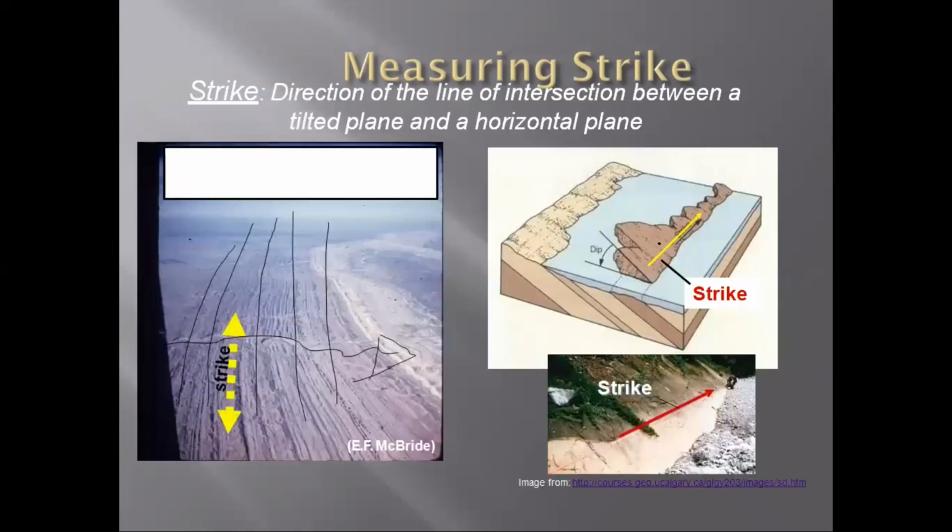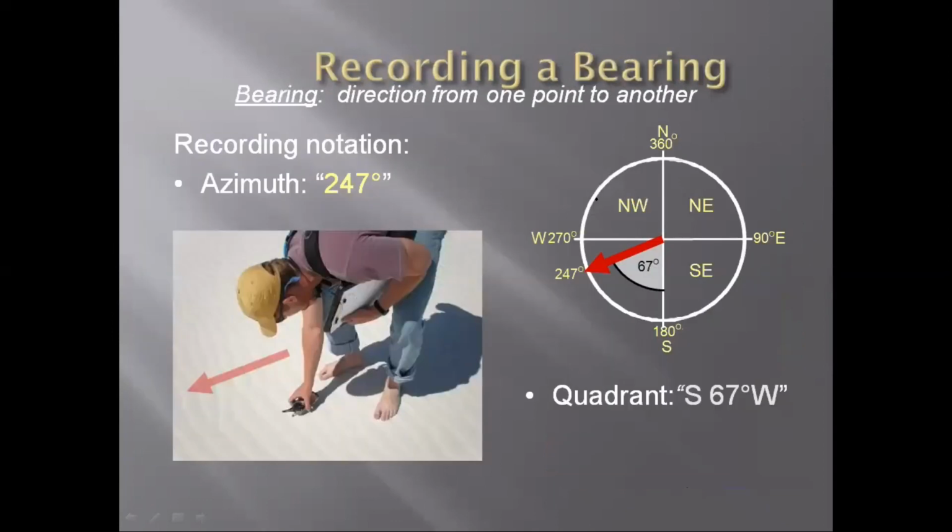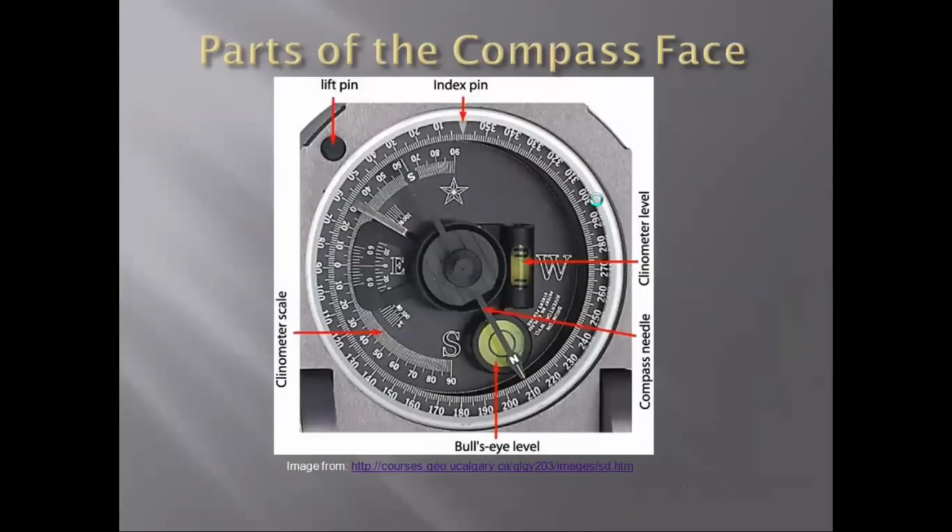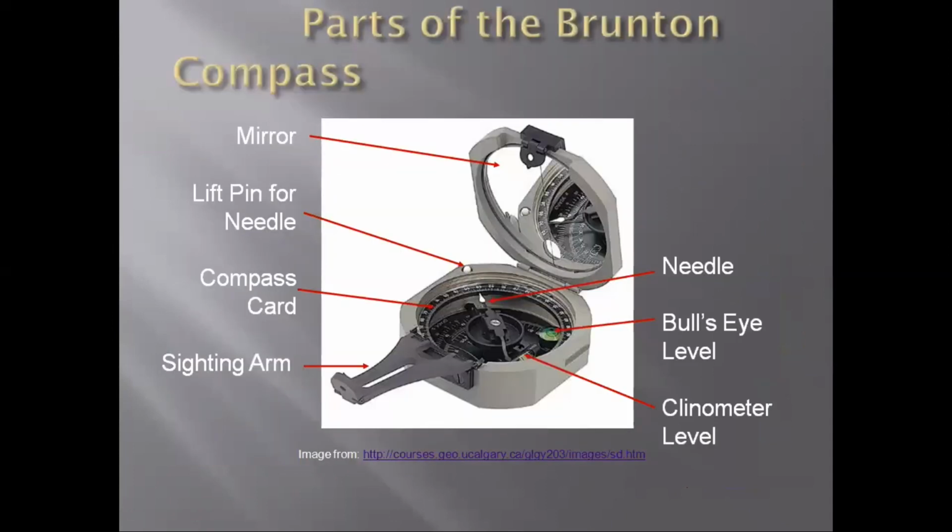So the two sides of your Brunton, you will make those two sides parallel to the direction of the feature. Like we saw in this, we have these two sides. So these two sides, you just put parallel to the feature that you want to measure, and then once you get the reading, you will press this pin, and then try to read the reading.